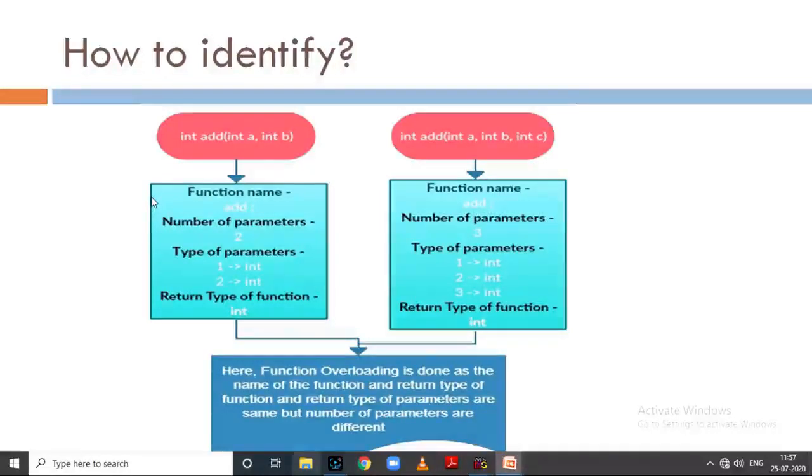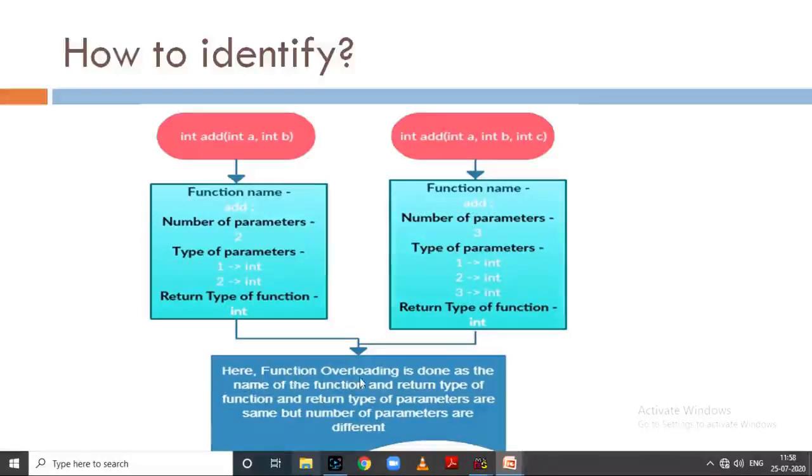This is one more example. The int add function has two arguments here, int a and int b, and the second function definition has three arguments, int a, int b and int c. The function name in both cases is the same, that is add. The number of parameters is 2 here and 3 there, and the types of parameters are the same, only the number differs.